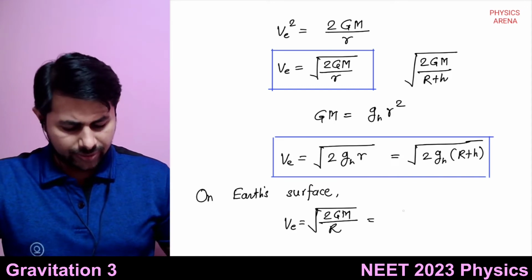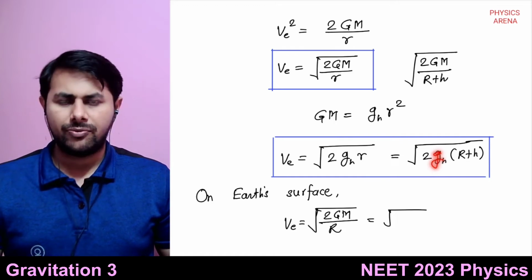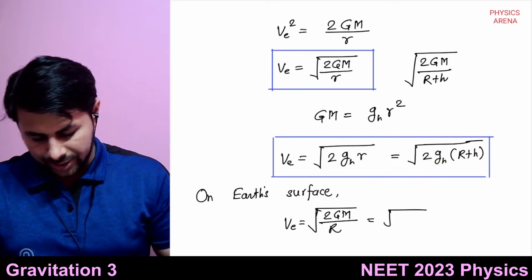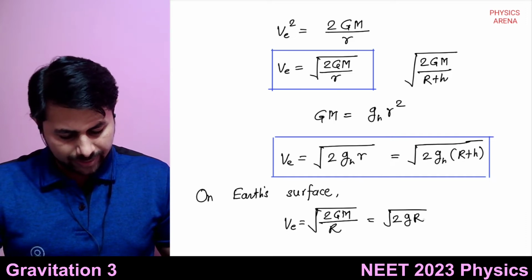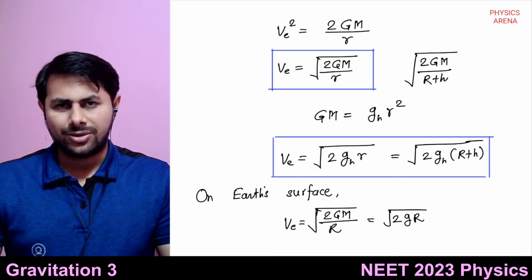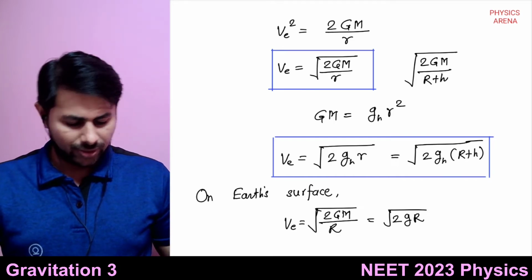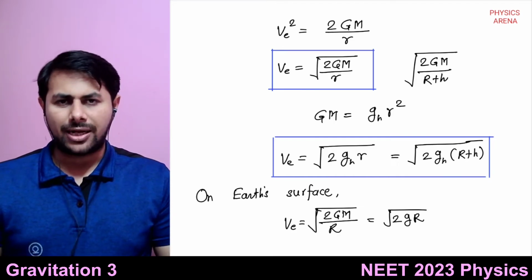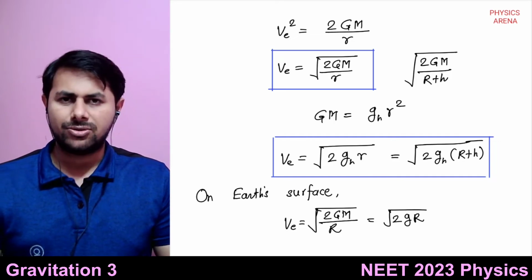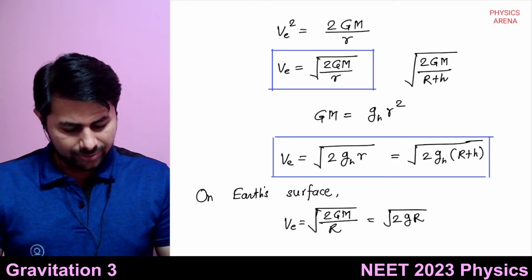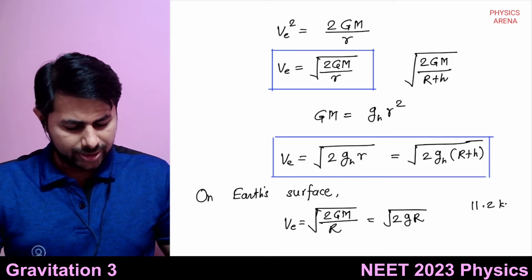Okay, or it is equal to the square root of another formula. In place of gh we'll have g, the acceleration due to gravity on Earth. So it is the square root of 2 times g multiplied by r. And its value, if we substitute g equals 9.8 meters per second square and the radius of Earth is 6400 kilometers, comes out to be 11.2 kilometers per second